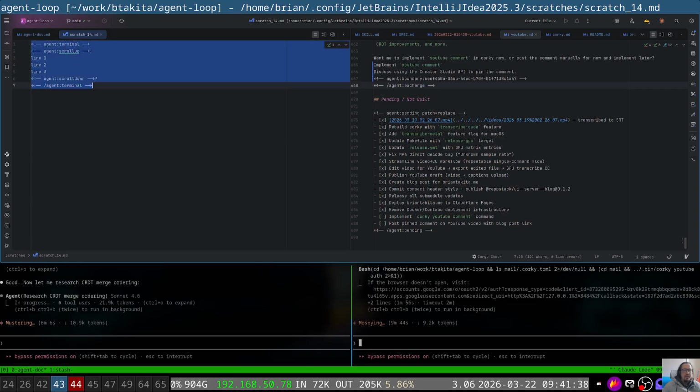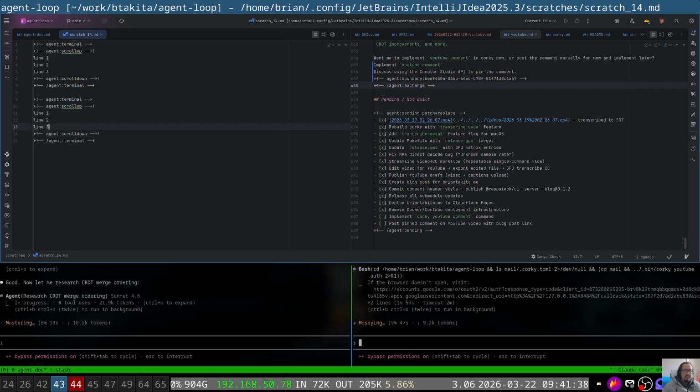So this will be like frame 1, and then we can do frame 2,